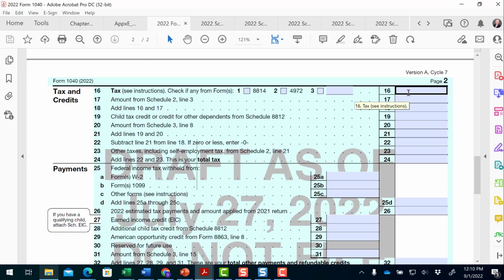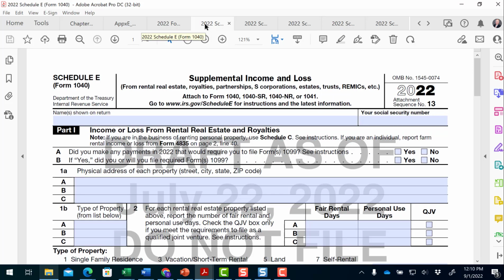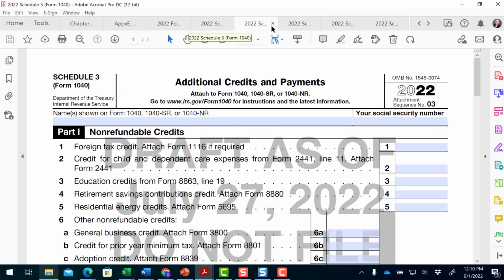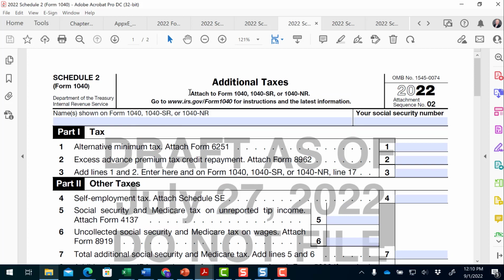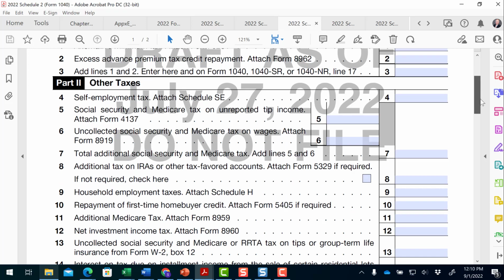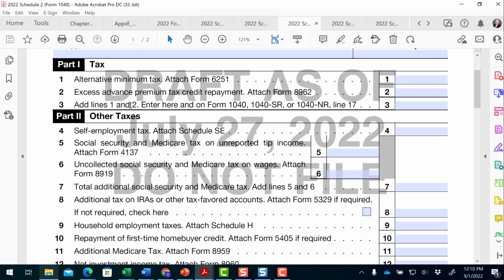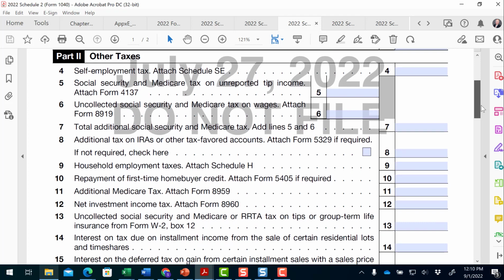Next, you come to the taxes. Schedule 2 is additional taxes. I believe that's this one. No, there's Schedule E. Here's Schedule 2, right? Additional taxes. And again, it's just a supplemental schedule that's breaking them out. The big ones are here in part 1, although self-employment tax is a big one too. And you add these up,